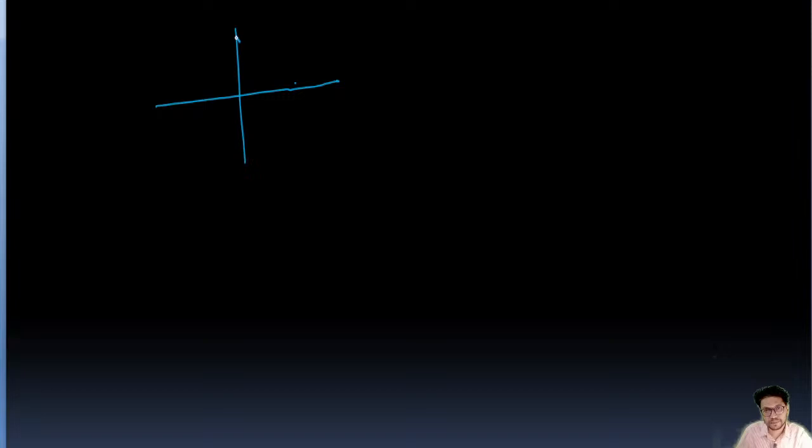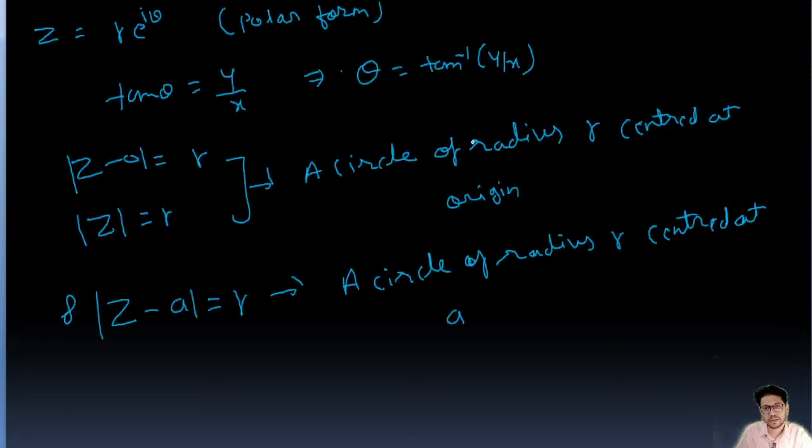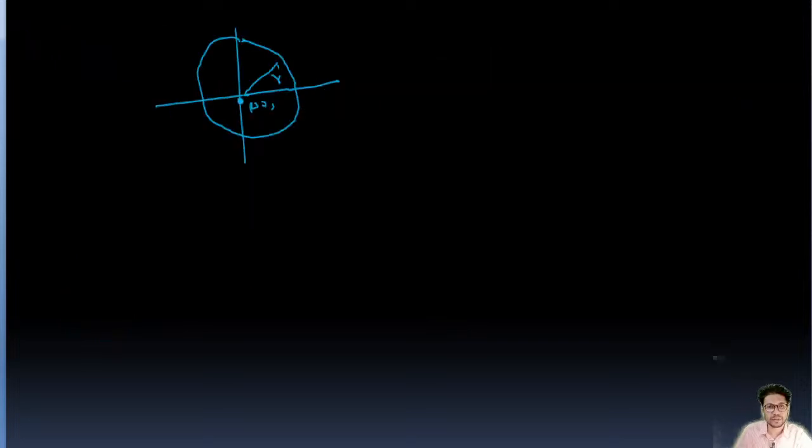So this is a circle which is centered at the origin. This center is the origin and the radius is r, the first one. Circle of radius r centered at origin. And similarly here